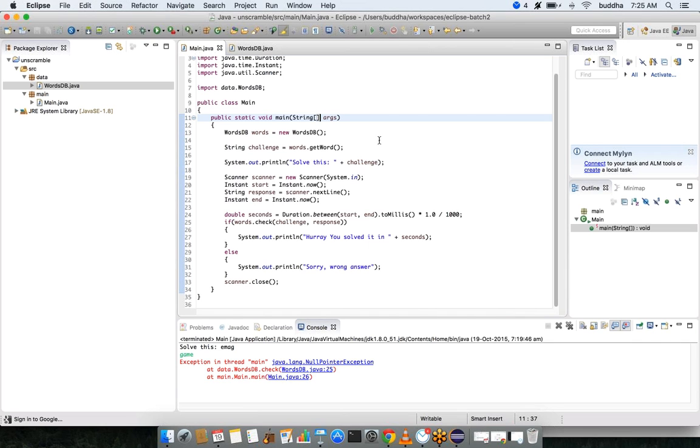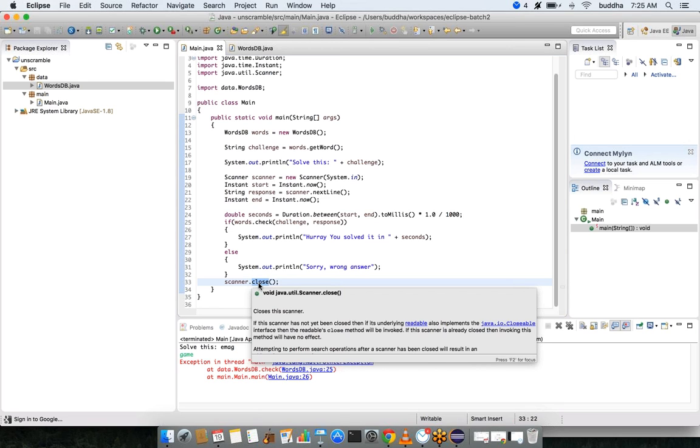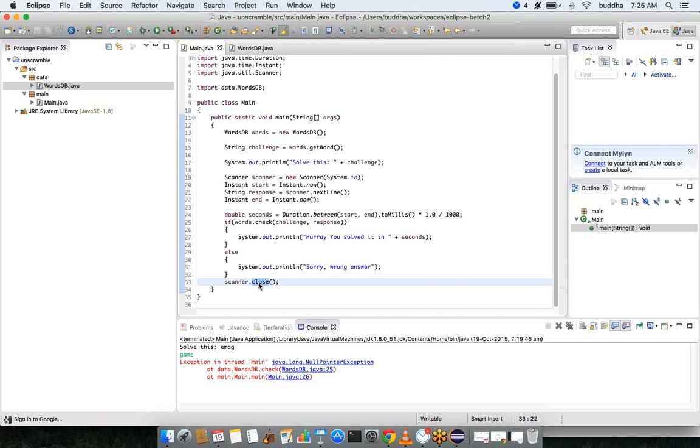Yeah. And also one more thing, you got an error that scanner dot close is not used. Why are we using this scanner dot close? Okay. That's actually not an error, that's a warning. The reason Eclipse is showing a warning is, when we have opened scanner with system dot in, we are actually using up some memory to store this information, and we are also observing the keyboard input whenever the user enters something.